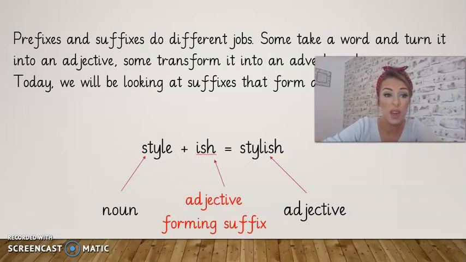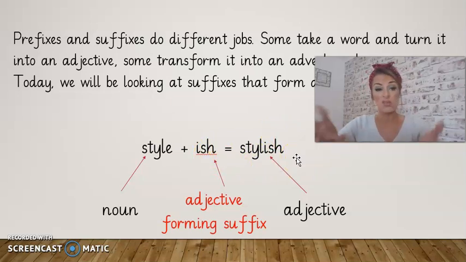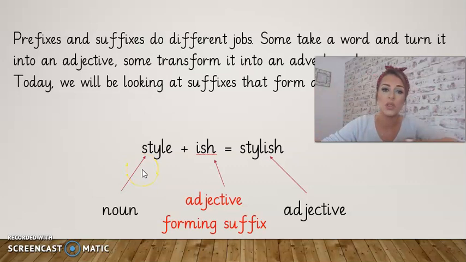Okay, so another suffix that we can use to form adjectives is ish. So for example, we've got the word style here, and we add the suffix ish, and we end up with the word stylish, which is how you would describe a person. So style, that's what you wear, how you do your hair, what shoes you choose, and you add the suffix ish,